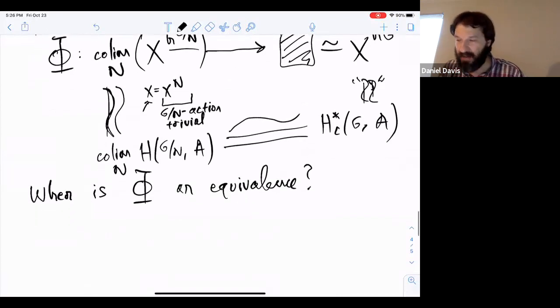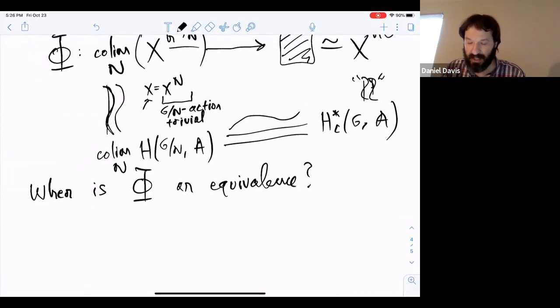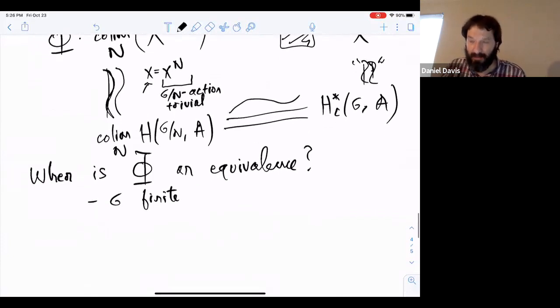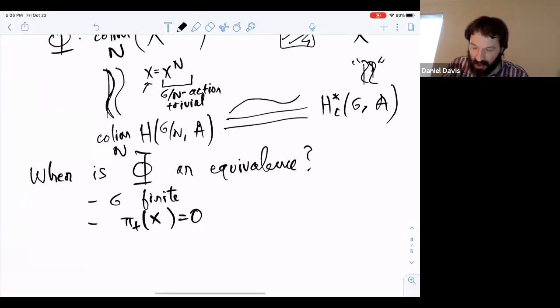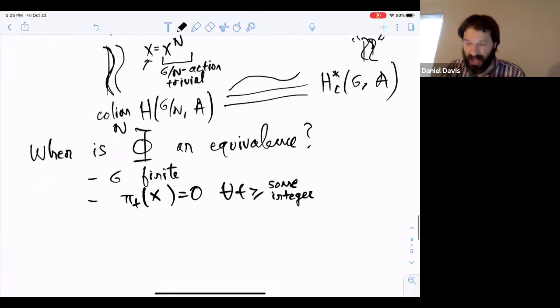Okay, and so I've been able to show that this is an equivalence in a few cases. It's always an equivalence when G is finite. That's not very exciting to show. It's always an equivalence when pi_t of X is equal to 0 for all t greater than or equal to some fixed integer. Okay, so the stable homotopy groups are bounded above. And then the third case,